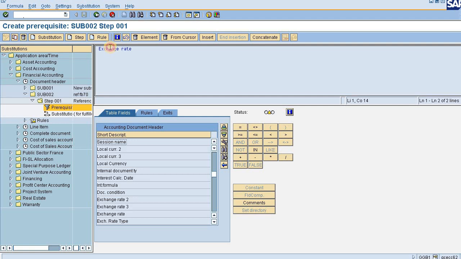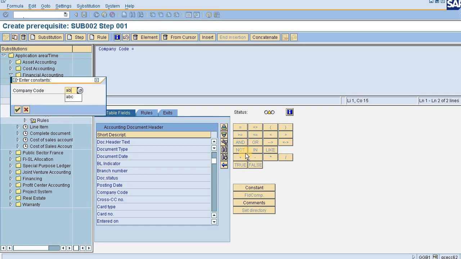No, wait, I have clicked on some wrong data, deleting this one. Yes, I have to click on the company code. Yes, company code. If company code equals ABC, our company ABC, clicking on the constant ABC.